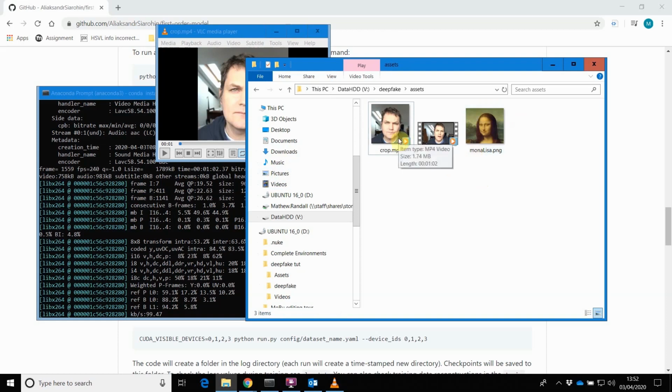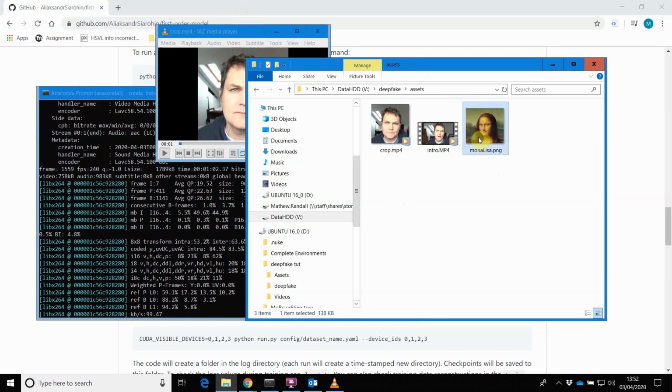Again, you can use your favorite image editing tool, GIMP, if you don't have Photoshop at home. But all I did was just overlay. I made this semi-transparent, overlaid it over the top, and lined it up, so the eyes, nose and mouth roughly line up with this, and then I cropped it based on that. The key thing is that the image should be